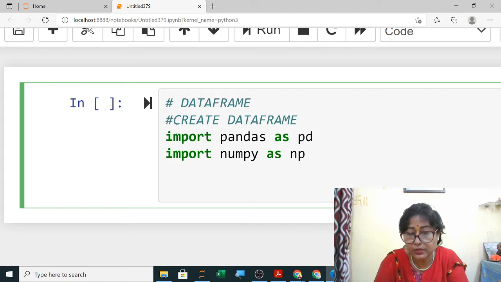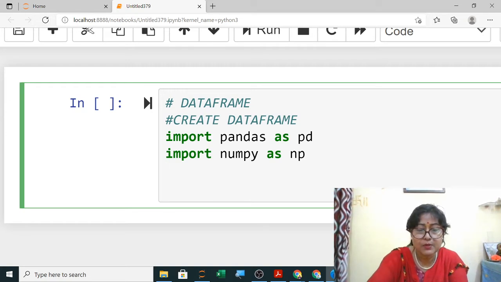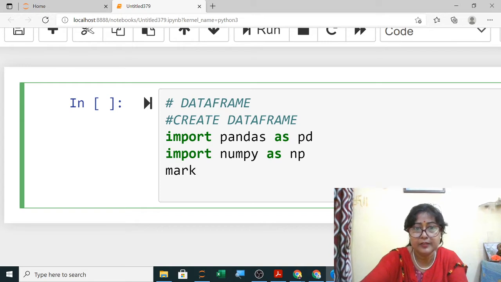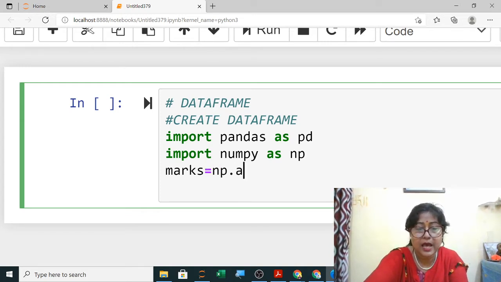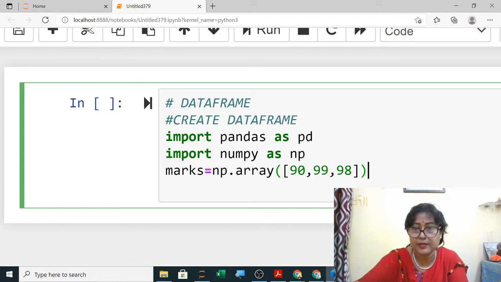Suppose they have given you the data also, that the data contains the student details, student marks. So suppose marks I am writing here equals to np dot array, and all the marks will be stored here. Suppose 90, 99, 98 like this.